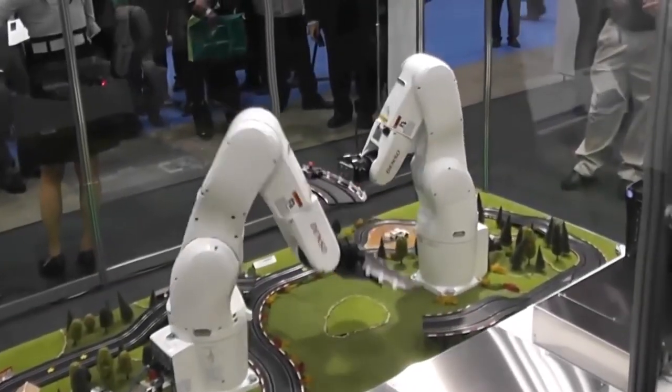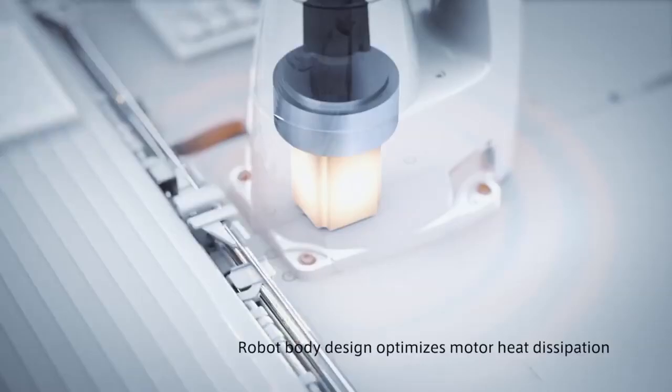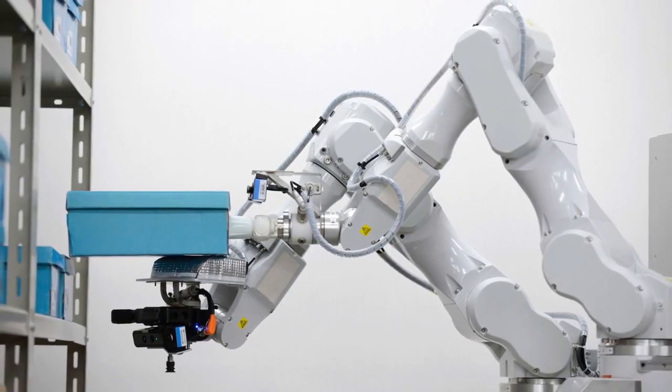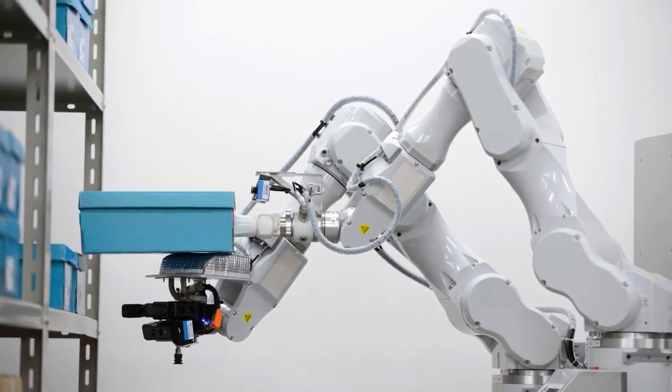External battery kits can be added to the VS series robots to increase operating time even when they can't be hooked up to a dedicated power source. Their cycle times vary, but the fastest VS robot is capable of speeds of 0.35 seconds even while carrying a